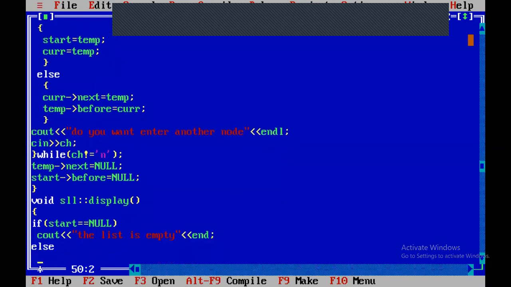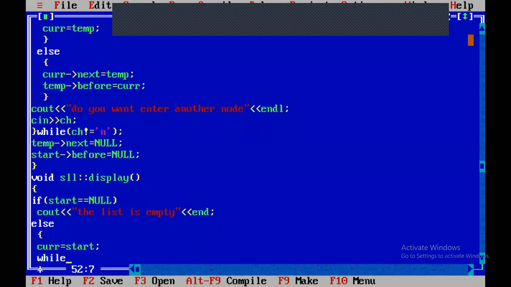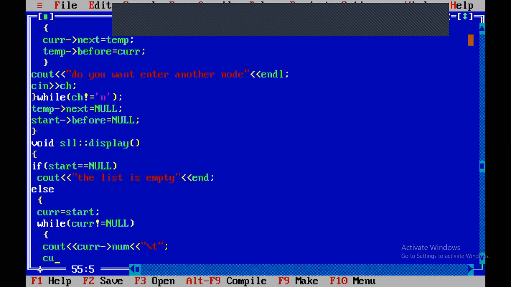Else, if the list is not empty, otherwise you have to print the elements. So current equal to start. While current not equal to null, cout current arrow number, then current equal to current arrow next.